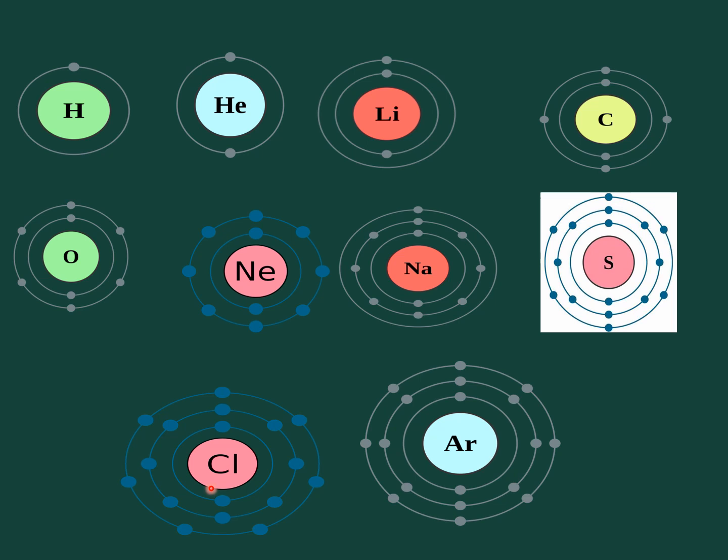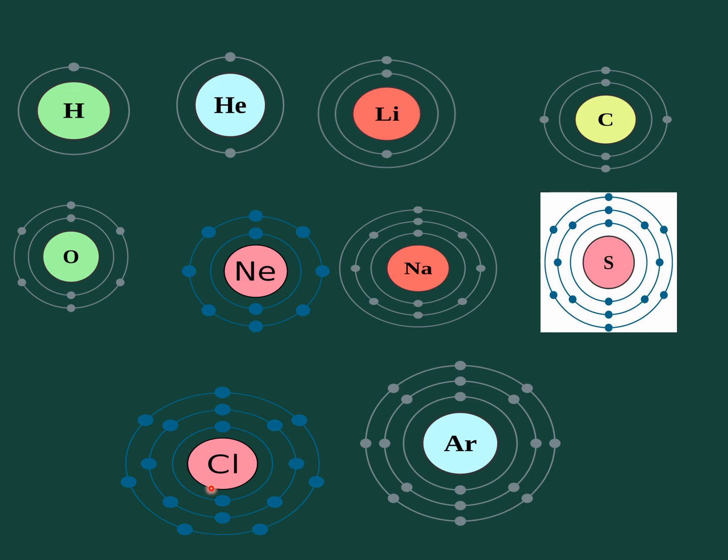Here I will elaborate. If chlorine has to fulfill the octet law, that is 8 electrons in the third orbit, it has to either gain 1 electron, 1 negative charge, or lose 7 electrons. So easier is gaining 1 electron. Chlorine always gains 1 electron, becomes Cl minus, and its valency is -1. Like atoms having 6 electrons in the outermost orbit, they also always gain 2 electrons and valency is -2. That is how valency is determined.